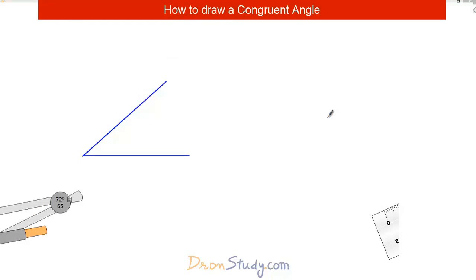Now let us see how to draw a congruent angle of the given angle. Here, this is the angle that is given to you, and you do not know what is the measure of this angle, and you have to construct another angle which will be congruent to this angle. It means whatever be the measure of this angle will be the measure of the another angle which you have constructed. So to do so, first draw a line segment